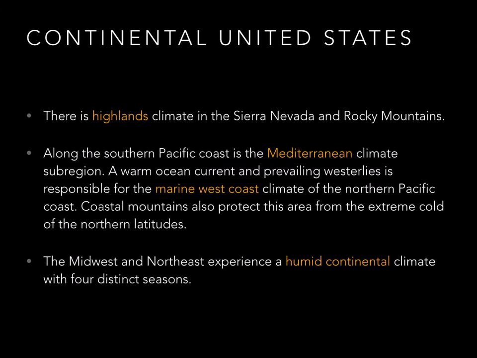There's highlands climate in the Sierra Nevada and the Rocky Mountains. Along the southern Pacific coast is the Mediterranean climate subregion. A warm ocean current starting from around San Francisco and then northwards towards Alaska,